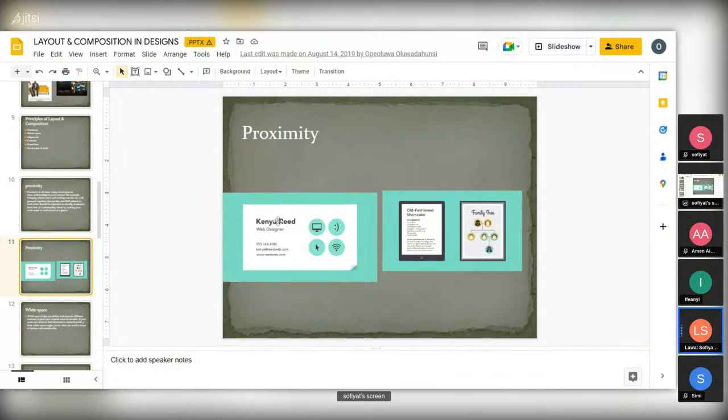If you see this layout, you see that this one is separate on one side. It is not joined to this content. It is different. Can you see it?